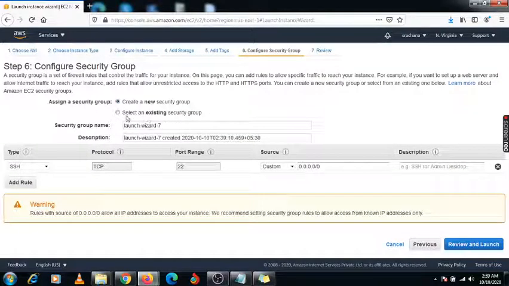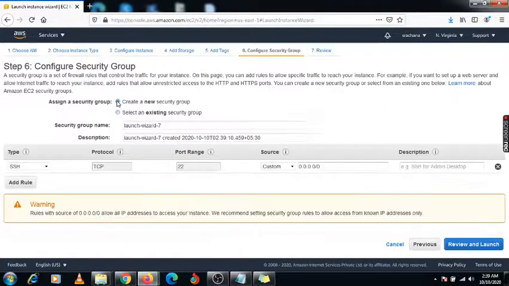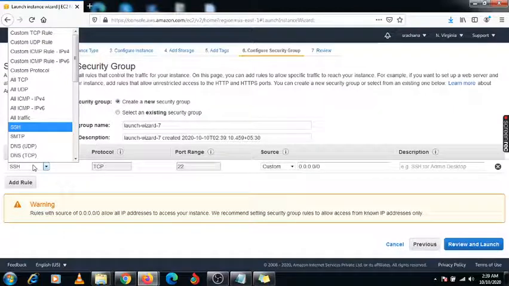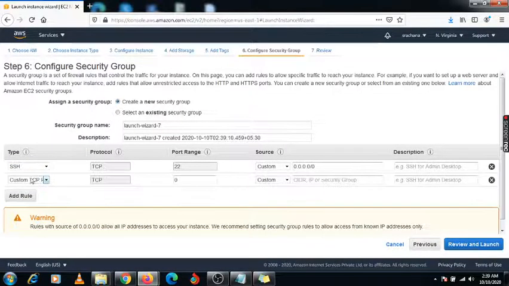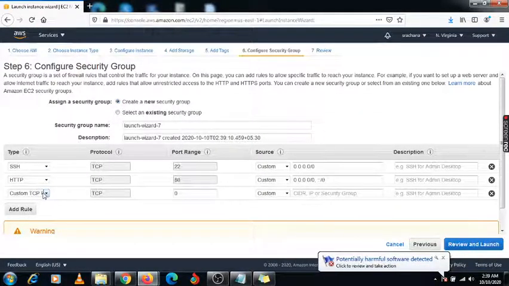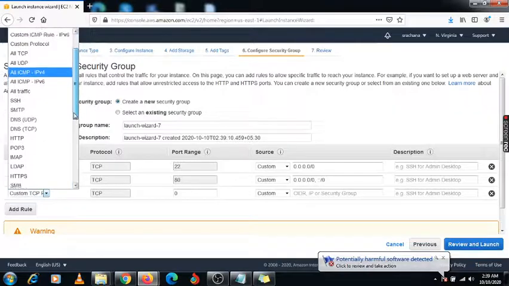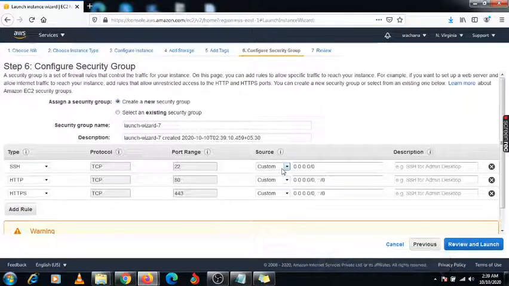Here you can select your existing security group, or you need to create a new one. So I am going to select the same, and here I need to add some rules, that is for HTTP and HTTPS. Here you need to select anywhere, review and launch.